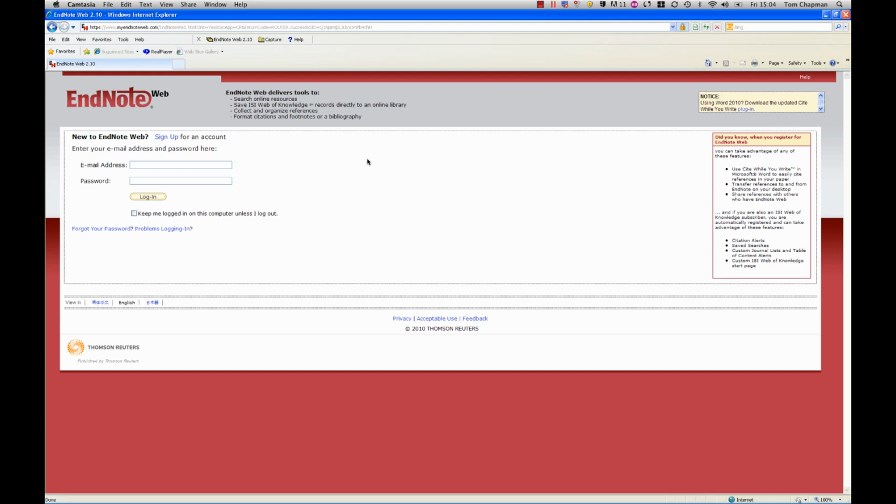One of the services offered by the university is called Endnote Web. Essentially, this is an online database of references, journals, books, etc. that you're likely to use over the course of your study. I'm advocating the use of this primarily because it's clear from speaking to people that Harvard referencing and the way